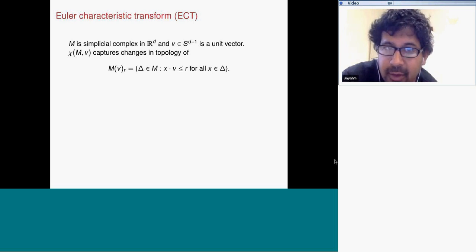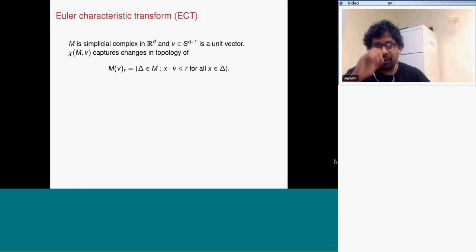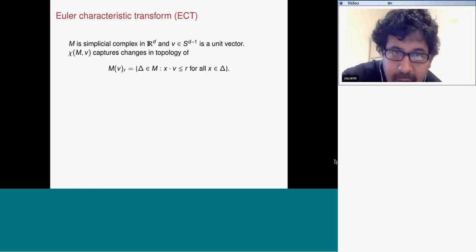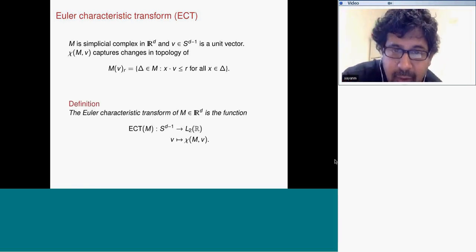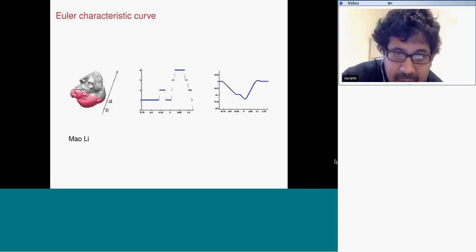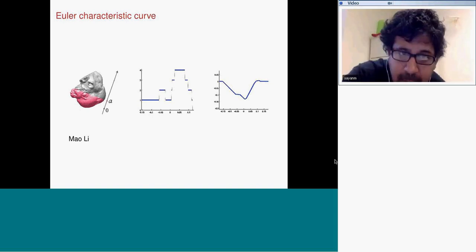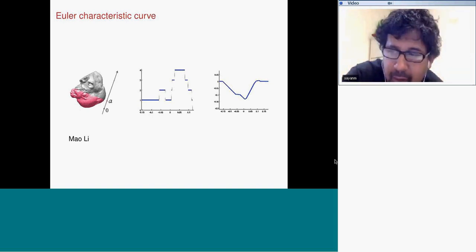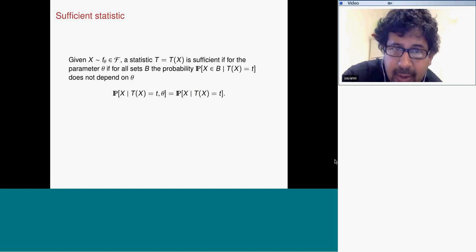You can do it with the Euler characteristic. Similarly, we can compute the Euler characteristic of the sublevel sets, and this gives the Euler characteristic curve. Here is a mesh of the heart of an embryo, just looking in one direction, that's its image. And the first image on the right is the Euler characteristic curve, and then you can think about basically integrating that and zero meaning it. And we'll get back to why we did that in a second.